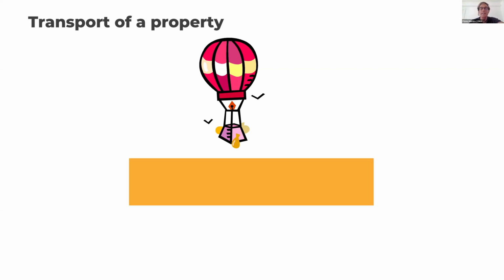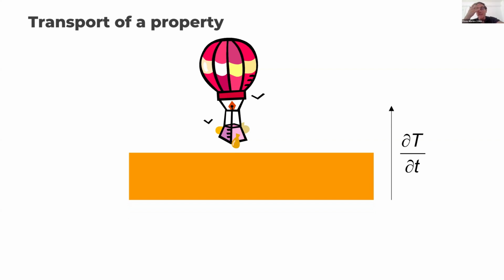Imagine the guy has a thermometer in the balloon. And imagine that the environment has a derivative of the temperature as a function of time. So basically the temperature is increasing or decreasing in time, okay? So this is the change in the environment outside the balloon, okay? My question is, how much is the derivative the guy is measuring inside the balloon?